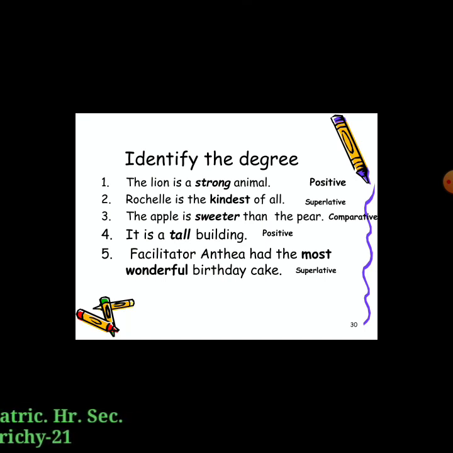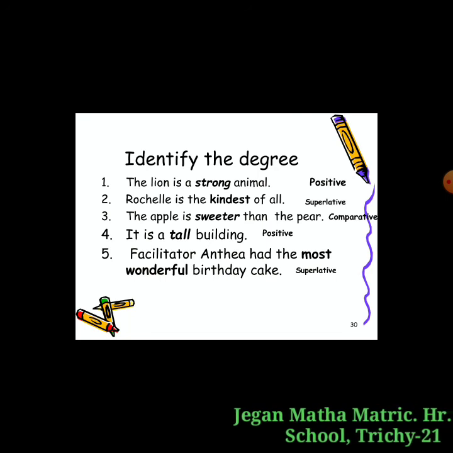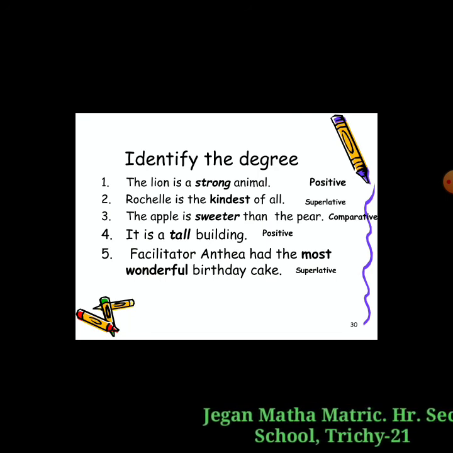Okay, second type, just for example, positive degree to comparative degree. No other island is so big as Australia. Australia is bigger than any other island, because of no other. Where did you learn? Second type positive degree, no other. So here you want to change to comparative degree. Australia is bigger than any other island. Then comparative to positive. Australia is bigger than any other island. This is comparative. Want to change to positive. No other island is so big as Australia. So we can change from positive to comparative and comparative to positive.